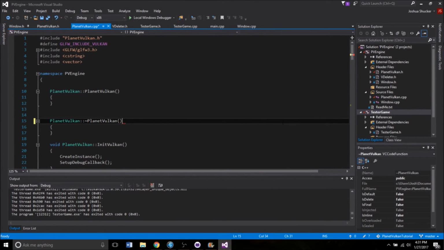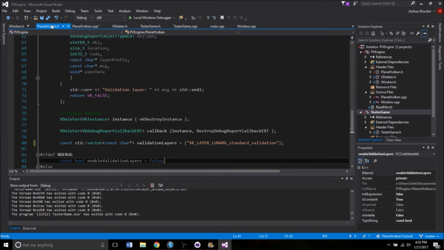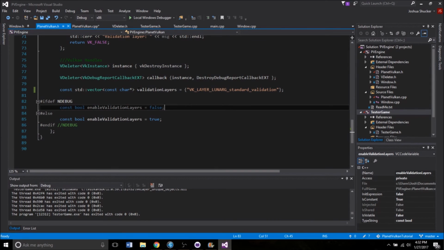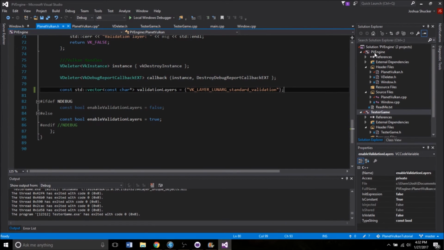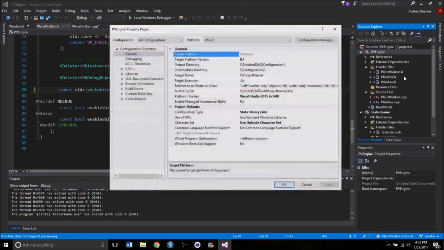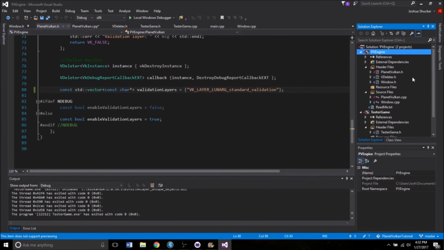Alright, so I finally figured out what the problem was. It turns out that I just didn't have the newest version of the LunarG SDK. What happened was in the header file, when we initialized validation layers to VK layer LunarG standard validation, it wasn't really understanding what this was anymore because it turns out that the SDK was out of date. So I just had to go to the website, download the new one, install it, and then I had to go to the properties for both PV Engine and Tester Game. And for the VC++ directories, you had to change the path to the new version. Once I did that,